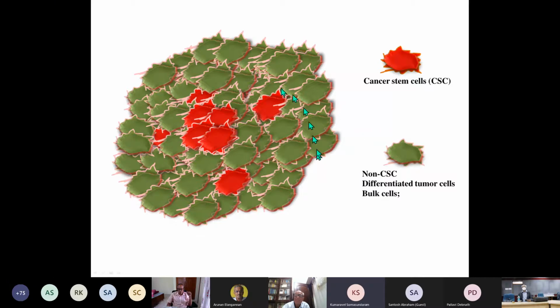Okay, so if you look at this particular structure as a tumor, and you try to identify how many cancer stem cells or non-cancer stem cells there are, cancer stem cells, although they are the most important cells that can initiate a tumor, only form a tiny proportion of the tumor. The bulk of the tumor is made up of green cells, which are non-CSCs. About 99% of the tumor is made up of non-cancer stem cells. Now how is it possible, when the stem cell alone can form a tumor, that at the end of tumor formation the majority of the tumor is made up of non-cancer stem cells? How does it happen? How exactly does the tumor evolve to make a huge bulk of non-stem cells? So if you look at the next slide,